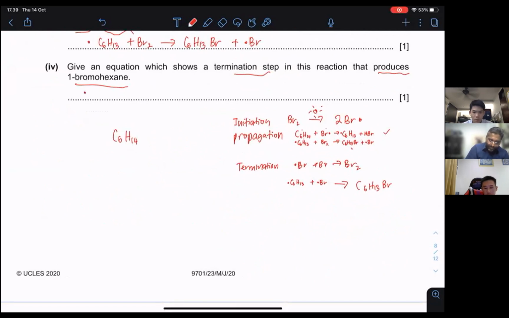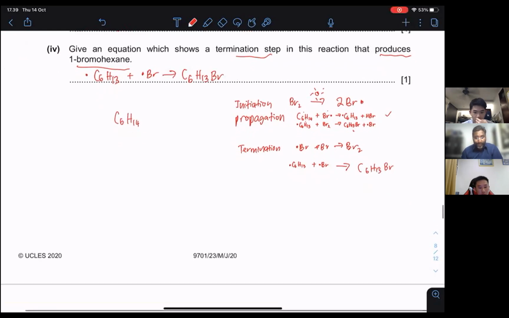C6H13, can you understand this even? James, are you okay? Yeah, okay, sir. This is the equation. Yeah? Now,